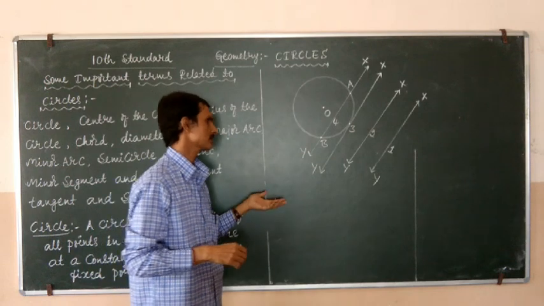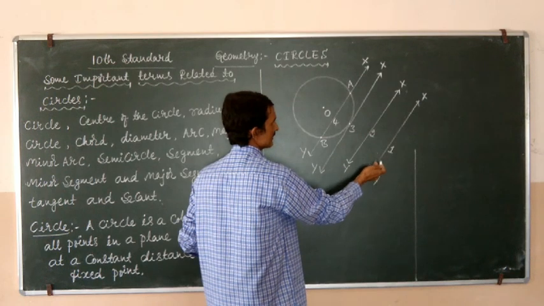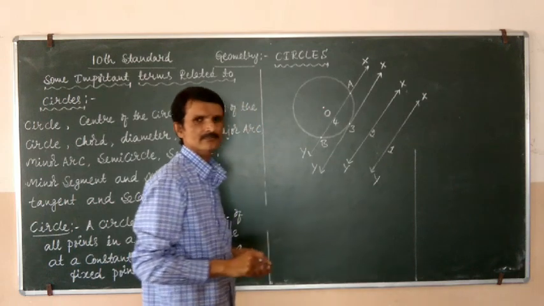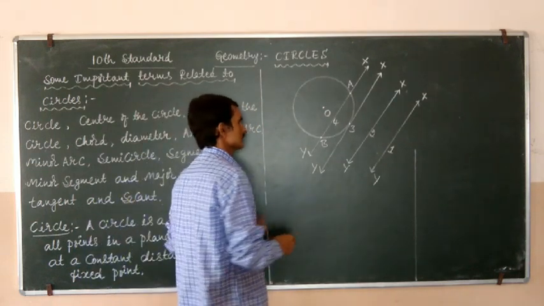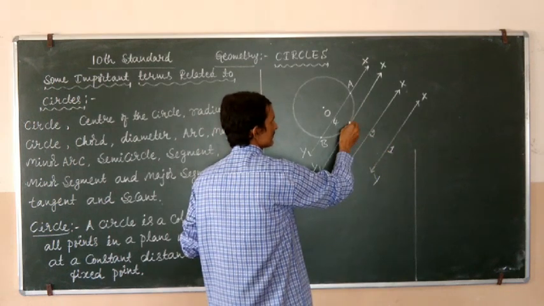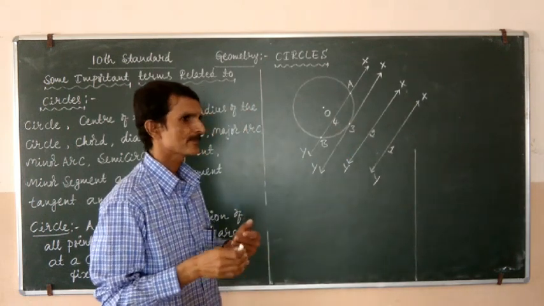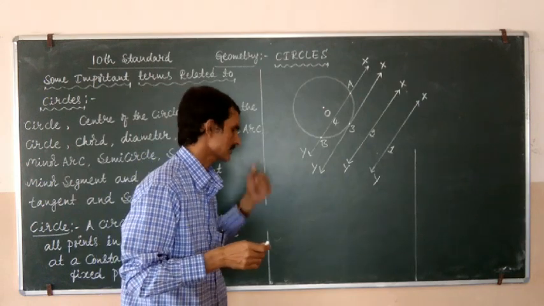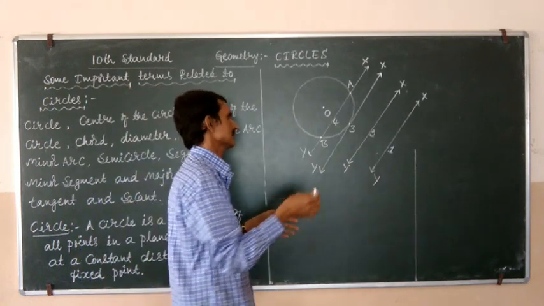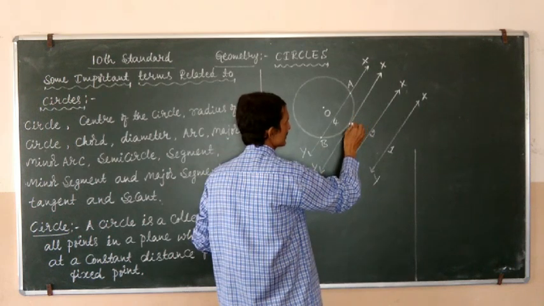Students, observe clearly the same line segment XY is going nearer to the center of the circle. So, if you observe the same line segment which passes through the point on a circumference of a circle, or if a line segment which touches the circle only at one point,